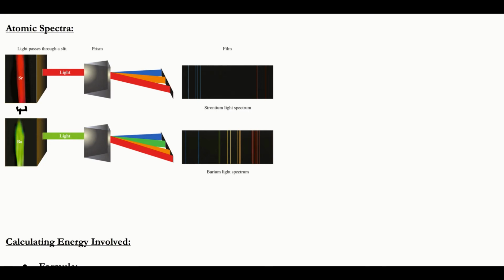Because by putting it in the fire, we excited it, and now it's going to jump back down. So if you notice, you've got a number of different lines here. Each of these lines, so there's 6 different lines for strontium, represents an electron making one specific jump, from one energy level, different jumps that happen. When those are combined together, what we observe is that gorgeous red color, but it is actually 6 different very